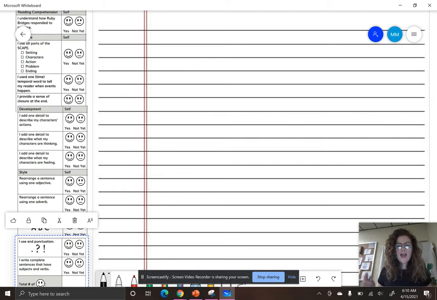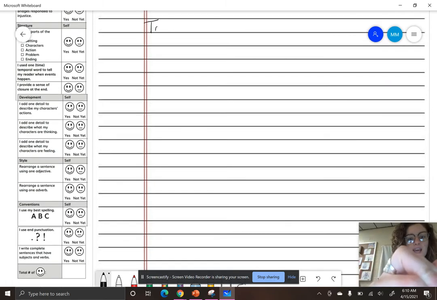All right, let's get started with thinking about how we can organize our writing. Remember, I am here to help you organize your thoughts. It is up to you to complete this writing, to show me all of your thoughts and the information that you have learned about Ruby Bridges. Let's start by thinking about our setting. Start your first sentence by telling me your setting and when this is happening. So you could say, today I